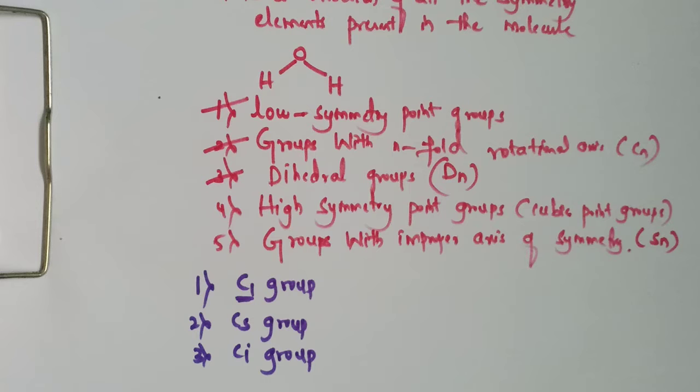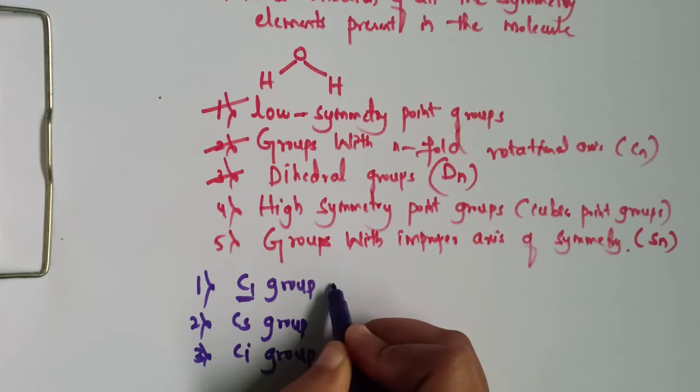Here the point group is nothing but a collection of symmetry elements. This C1 group will consist of only one symmetry element, that is identity. And all the irregular molecules or chiral molecules with an asymmetric center belong to this point group. That means an asymmetric molecule, that means a carbon atom or any other central atom bonded to different groups, belongs to this category. That means an asymmetric center should be present for a C1 group.